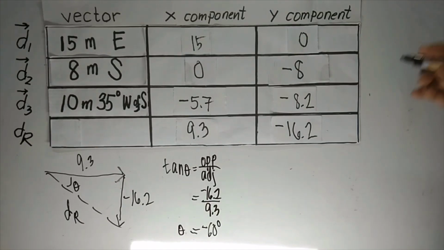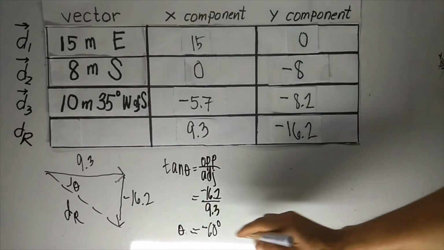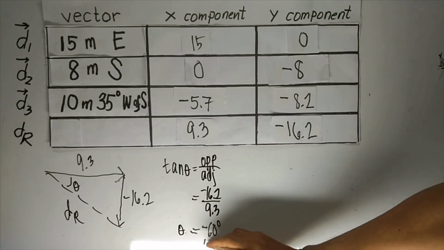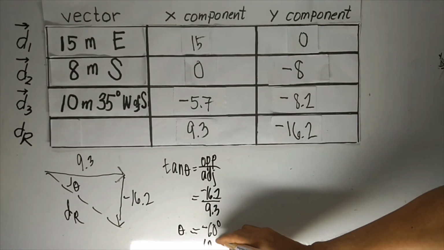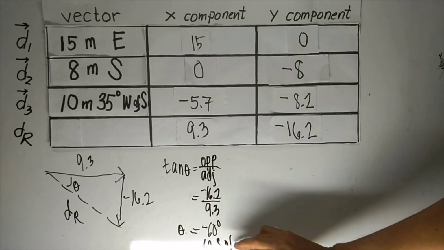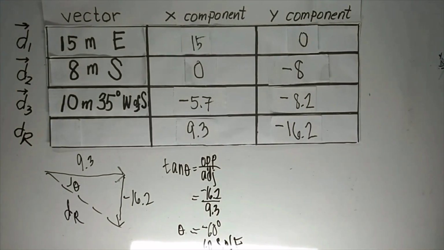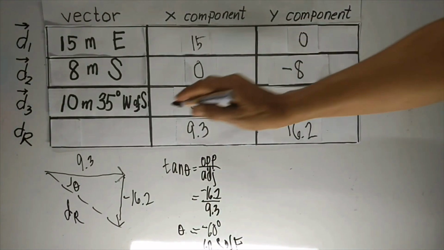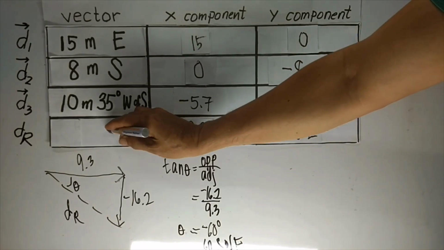This means that it's 60 degrees south of east. So this will be 60